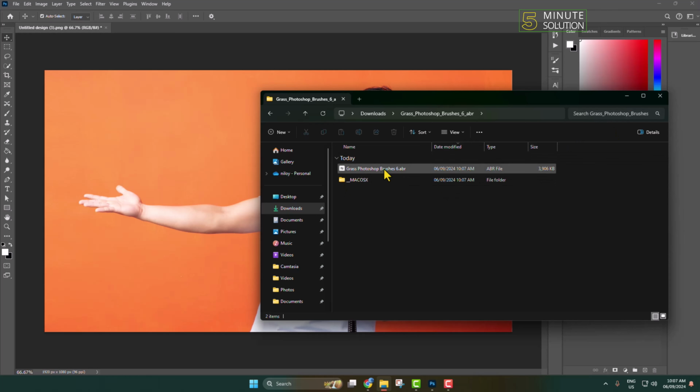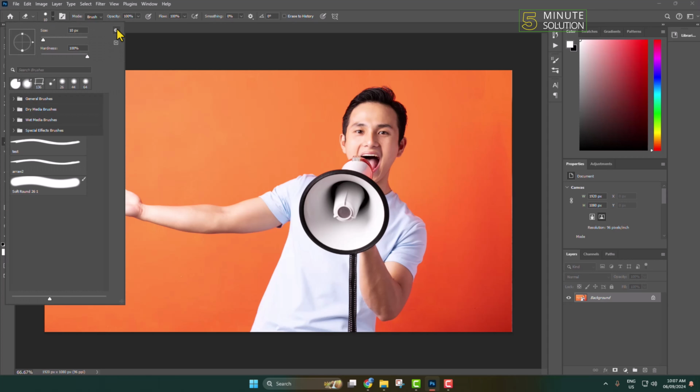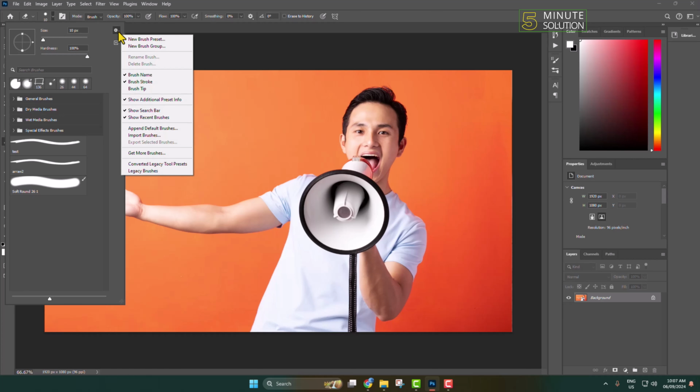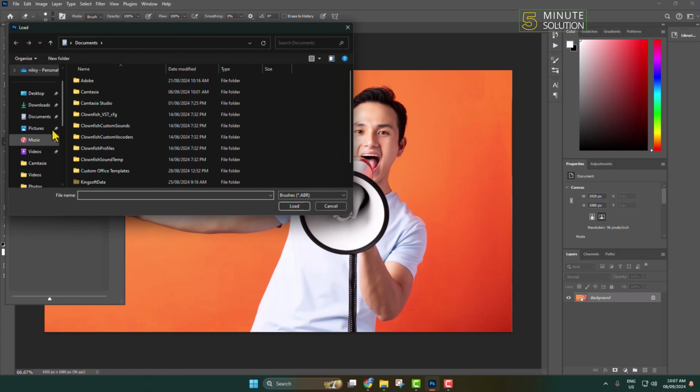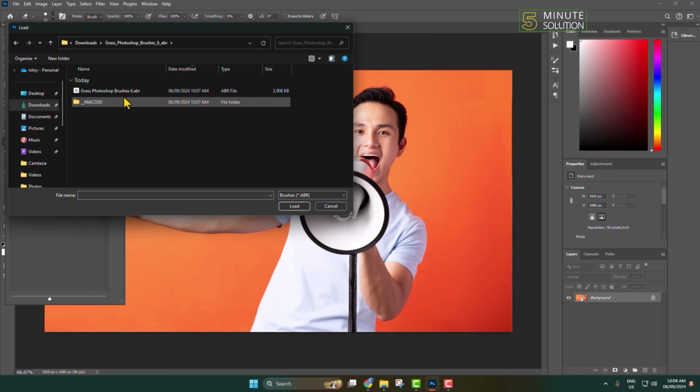Now it's time to import this brush in our Photoshop. So go to your Photoshop and select the brush tool and click on this brush preset picker. And here click on the settings icon and click on import brushes. Now go ahead and open the folder which contains your brush, and select the brush. Click on load,